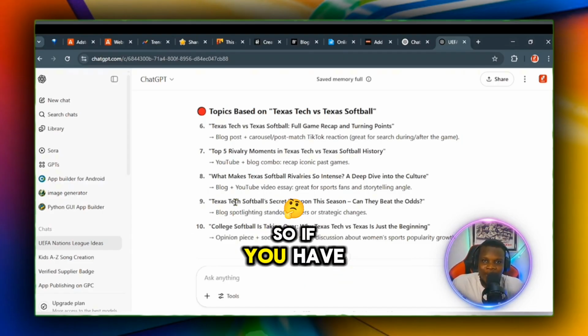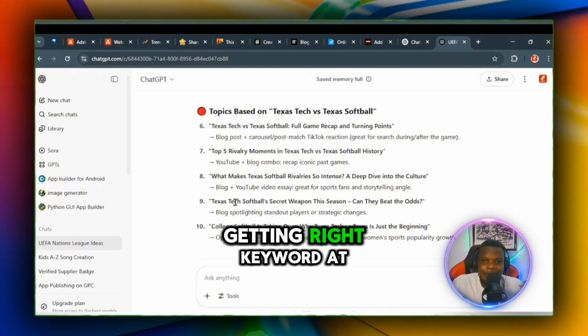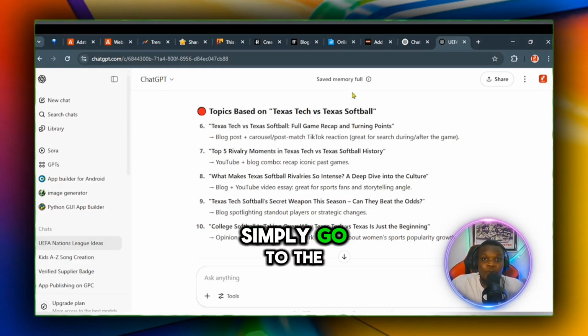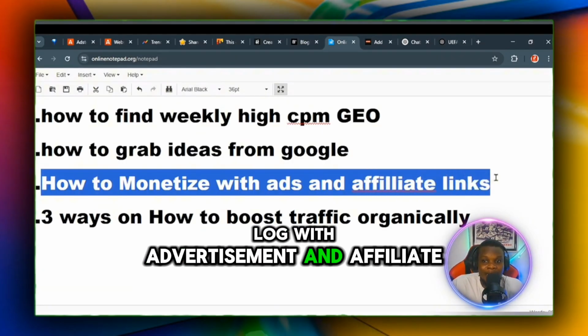Okay, so if you have your auto blogging, it's going to simply be handling the writing while you focus on getting the right keyword. When you write that on your blog website, the next thing you have to do is to simply go to the next step with advertisement and affiliate link. All right,